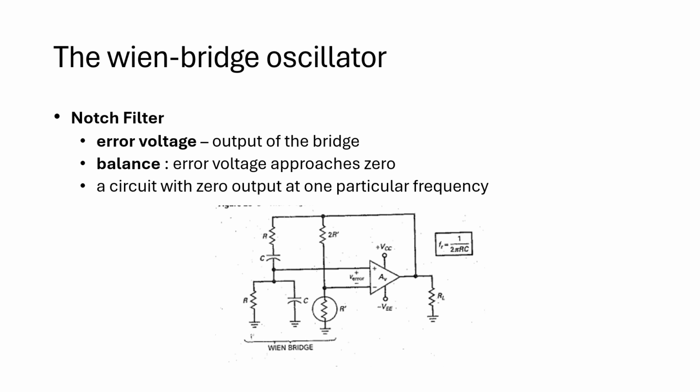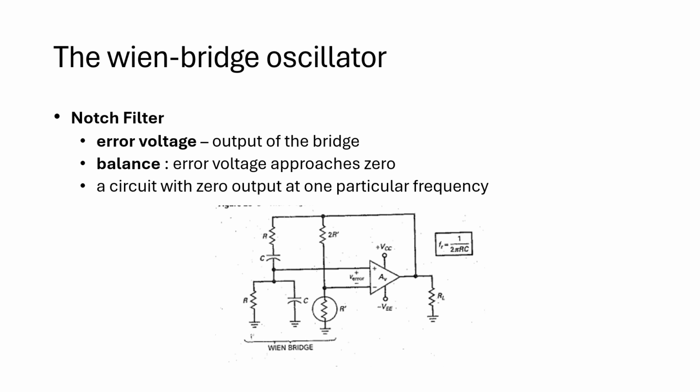Another way to draw a Wien bridge oscillator is by a notch filter. So we have here our Wien bridge. This is our lead lag circuit, the left side of our bridge. As you can see from the arrangement, we have a bridge here: 1, 2, 3, 4. The arrangement is like a bridge circuit. The left side of the bridge is the lead lag, while this is our voltage divider, the right side of our Wien bridge.